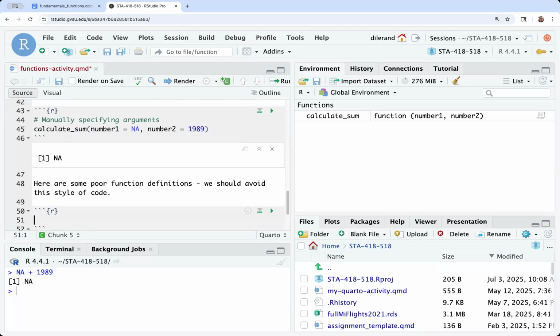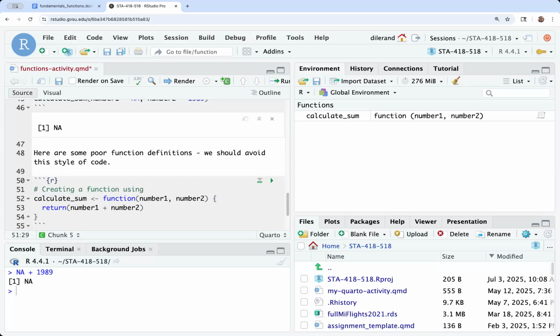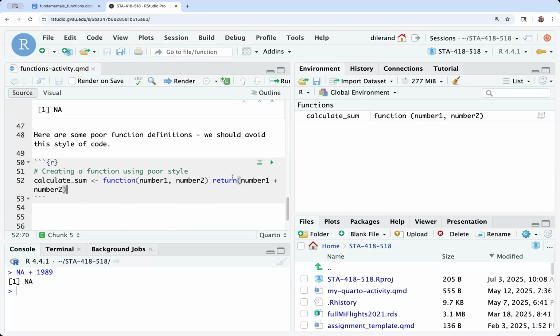Okay, so we should avoid this style of code. If you don't have the curly brackets, this is actually still a valid definition of a function in R. It will just look at this first line and assume, okay, there's no curly brackets. The user must be assuming this one line after the parentheses, which continues on here, is the body of the function. And so it still allows you to,